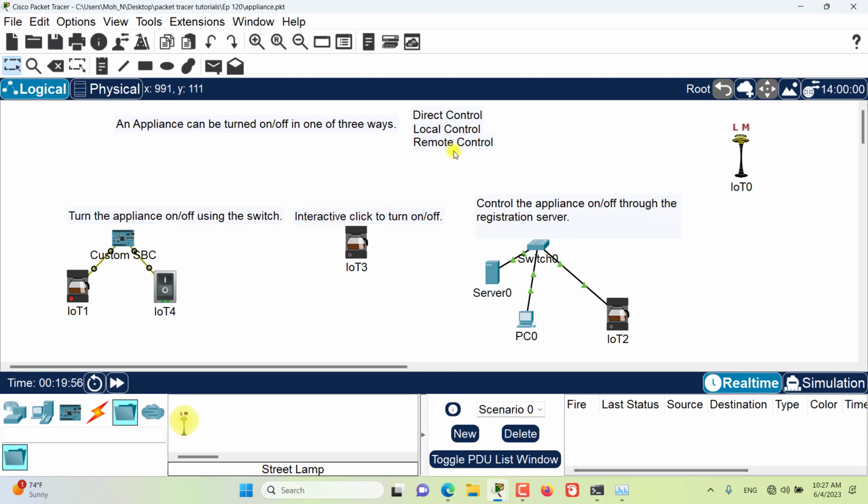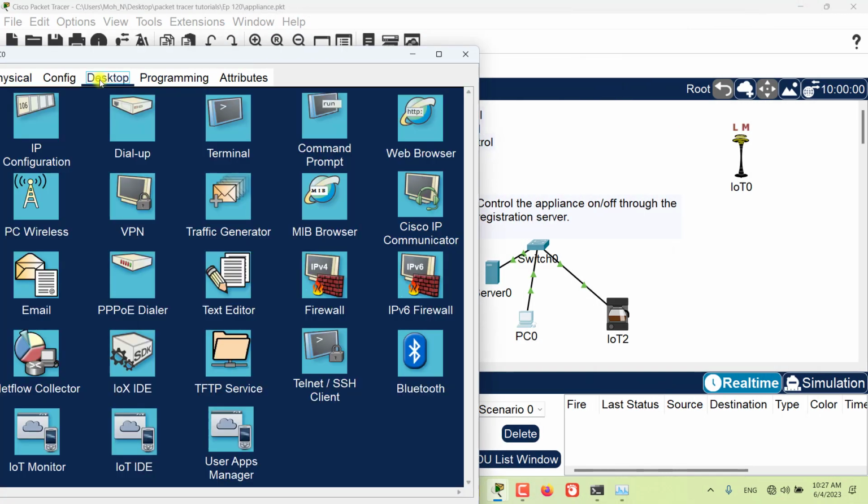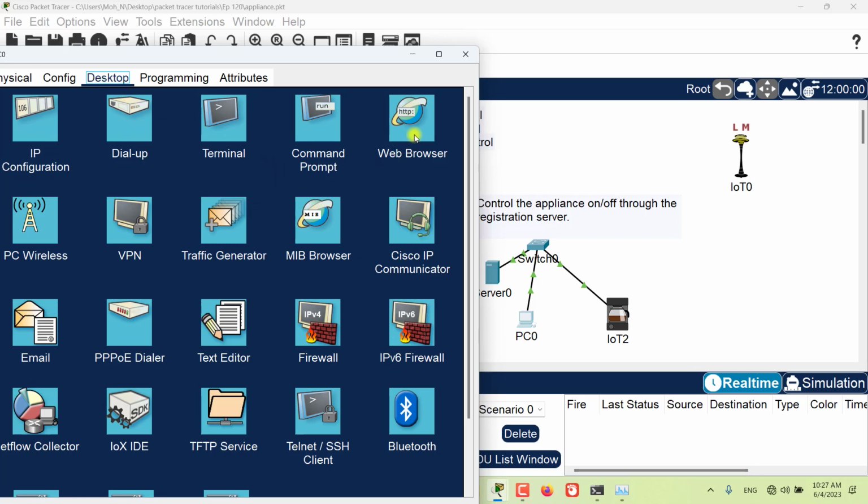The remote control way of controlling an object is through interaction over an IP network, and that is usually by means of a registration server or a home gateway. So here I have my server. The server has registered this item, and to access that server using my PC, I will go to the web browser here,